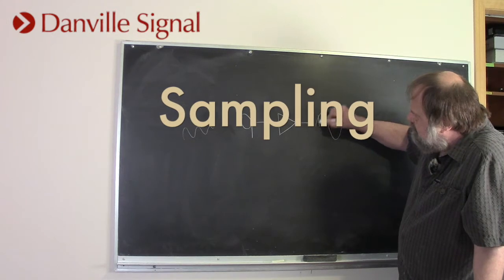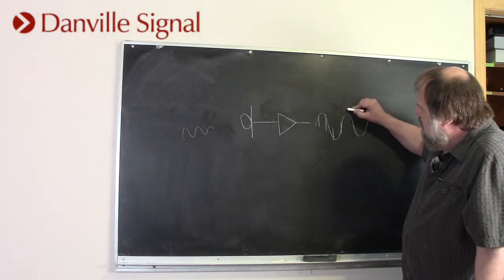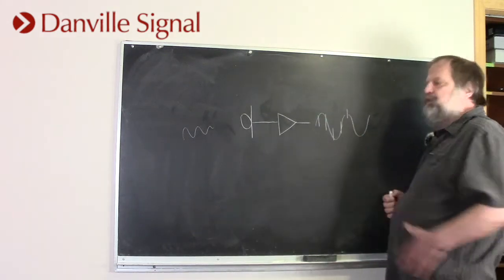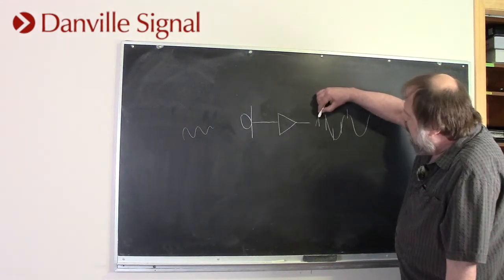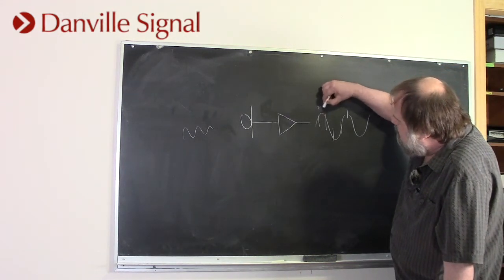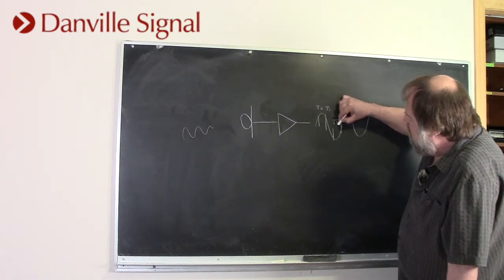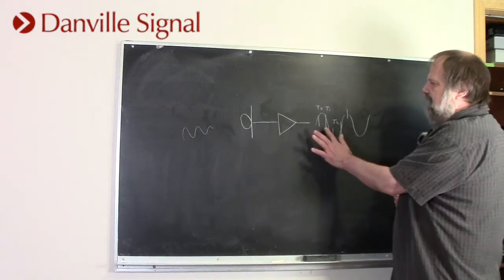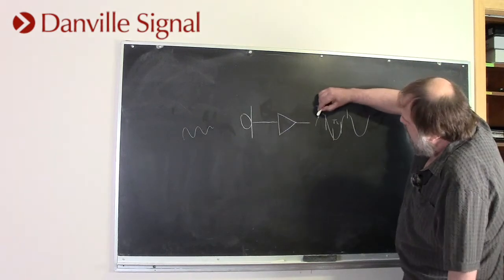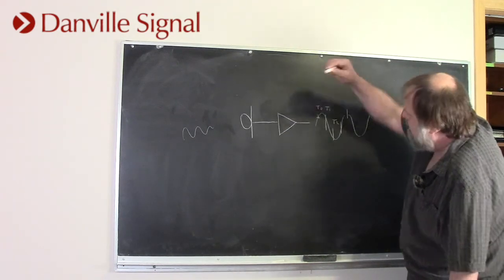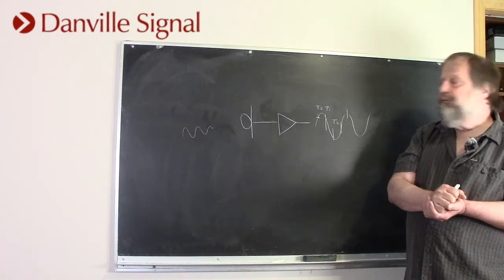We basically look at something every so often. I'm going to just pick some points here, and most of the time these are evenly spaced, and that's what I'm drawing here. And we pick this little spot. So we have a time here between samples. Each of these are samples. This might be 1, 2, 3, whatever. And we can pick them with a certain amount of accuracy. So we have a number here, and we have this little thing here, and that's called our quantization. How accurate is that measurement?